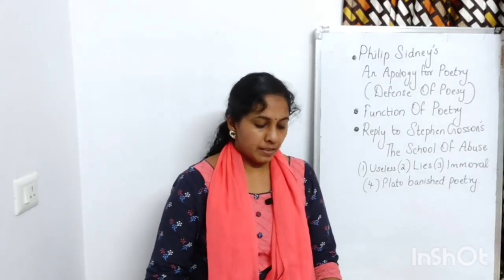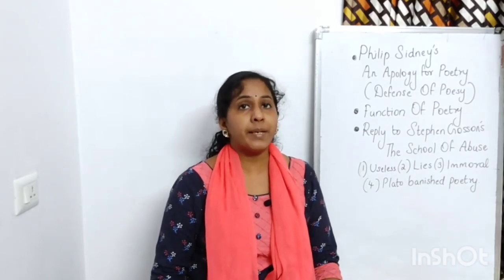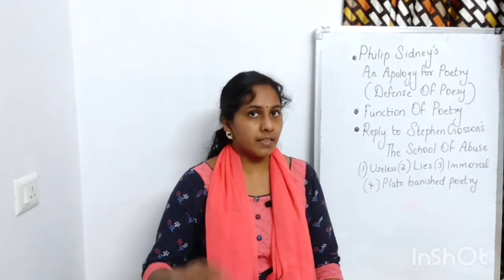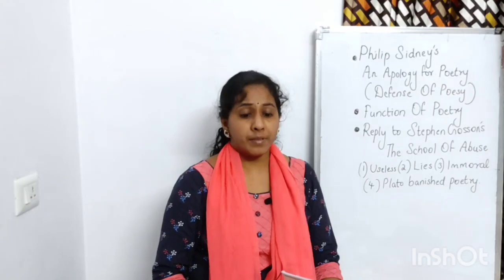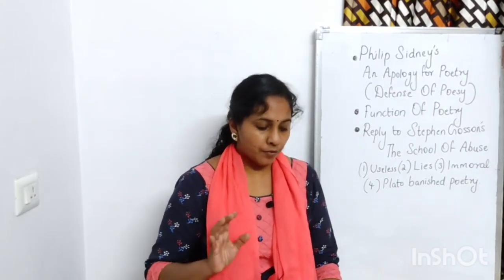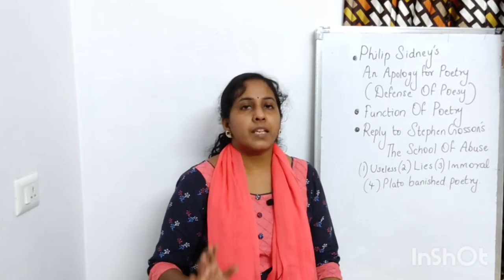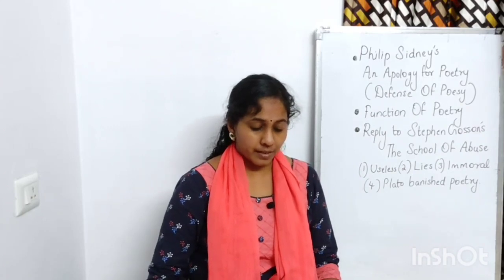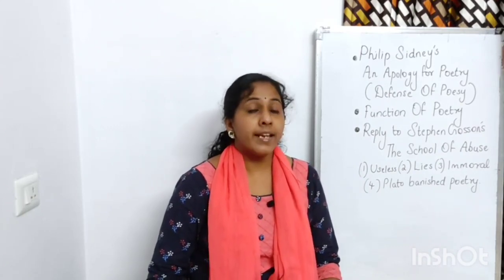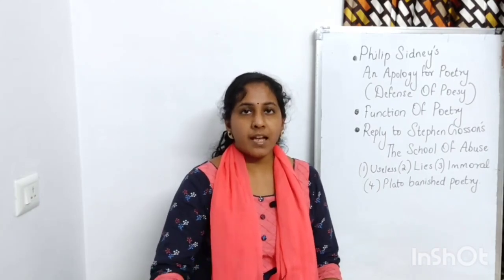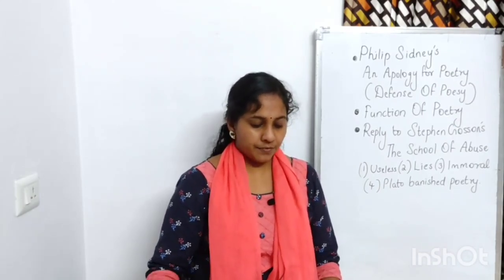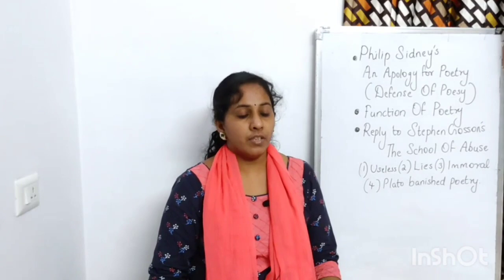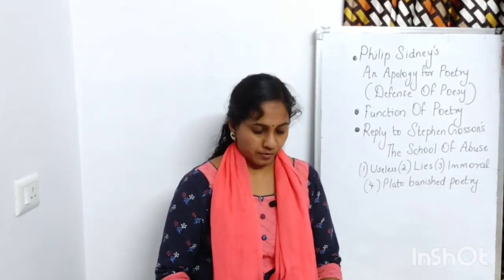So here Philip Sidney was a prominent writer of the Elizabethan age. We need to know those ages, only then can we connect and study. If you don't know the ages, it will be difficult for you to memorize things. So you have to basically understand that Philip Sidney is a prominent writer of the Elizabethan age, and in his work, An Apology for Poetry or the Defense of Poesy, he defends poetry. That is, his stand is for poetry. And this Defense of Poesy, otherwise known as An Apology for Poetry, was the first text in English literature to address the function of poetry.